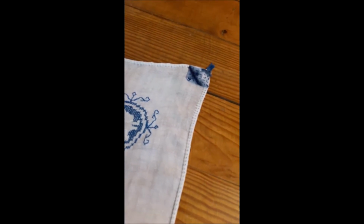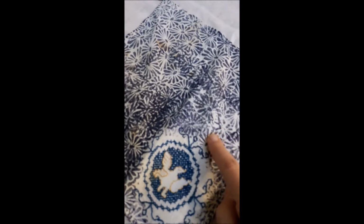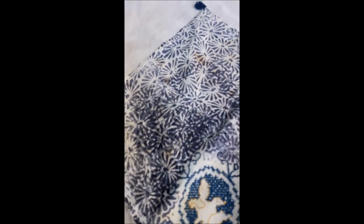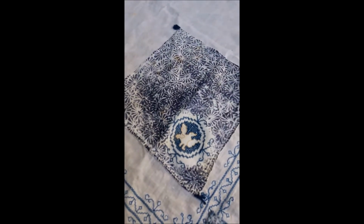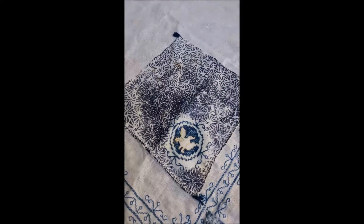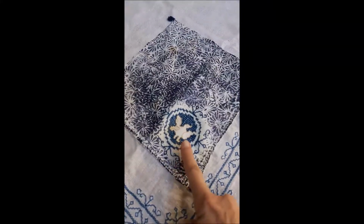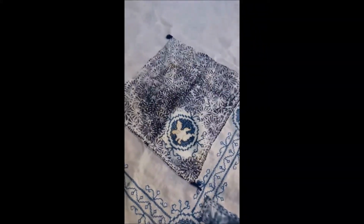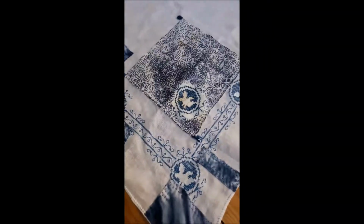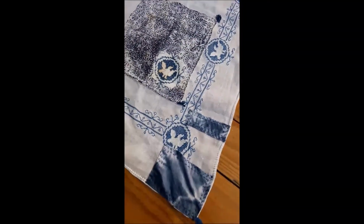It had developed holes. So I've taken the napkin and I've added a layer of chaotic prints over it to cover the yellow marks with the chaotic printing that I've put over the top. The yellow marks almost look like they're on purpose, and they do match up with the yellow stitching that's on the napkin. And then I stitched it onto the bigger hole in the tablecloth,